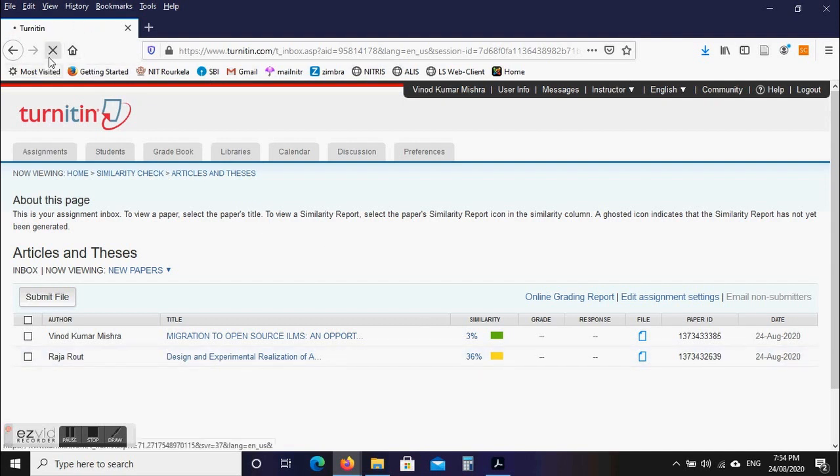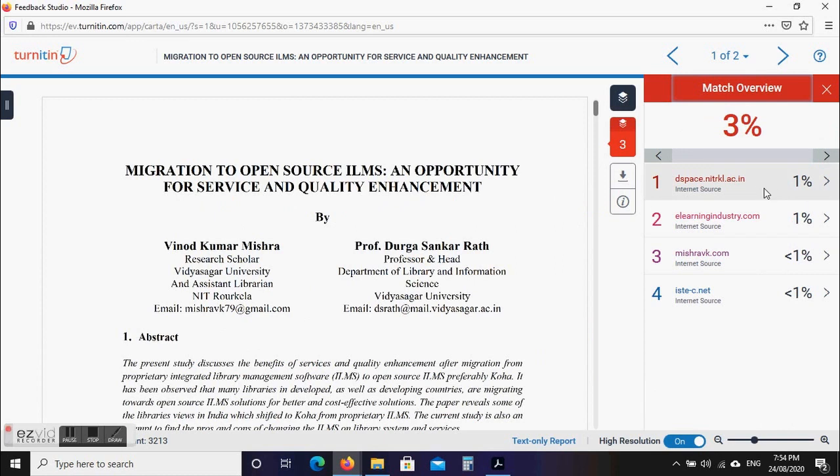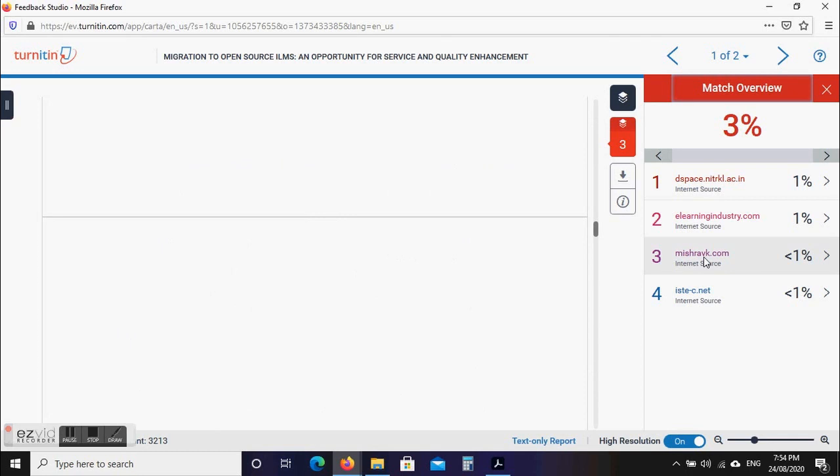So it became 7%, and this color has also changed. So this is 7% only. This is my article, and it is matching with DSpace only 1%. From this resource 1%, this is misravk.com. One thing I would like to highlight here, let's see what the actual content is that it is matching. So this is, you can make public reports. Okay, this one.